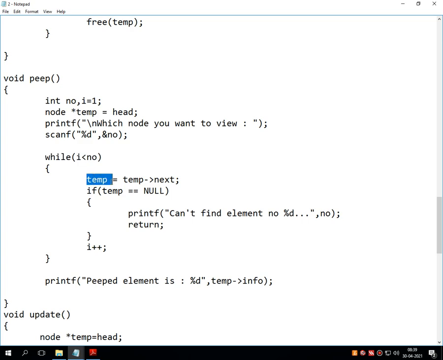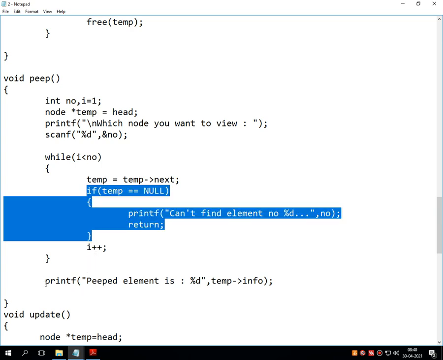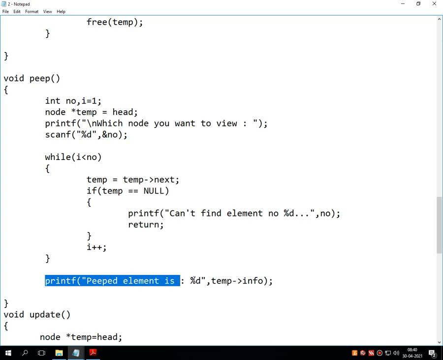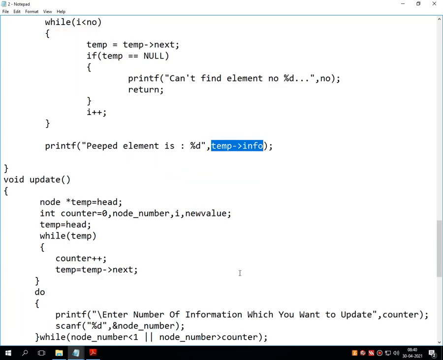Otherwise, it searches for the location available in the stack by this particular while loop. Once that location is found, this printf statement prints the information of that node onto the screen. That means the value is printed onto the screen.